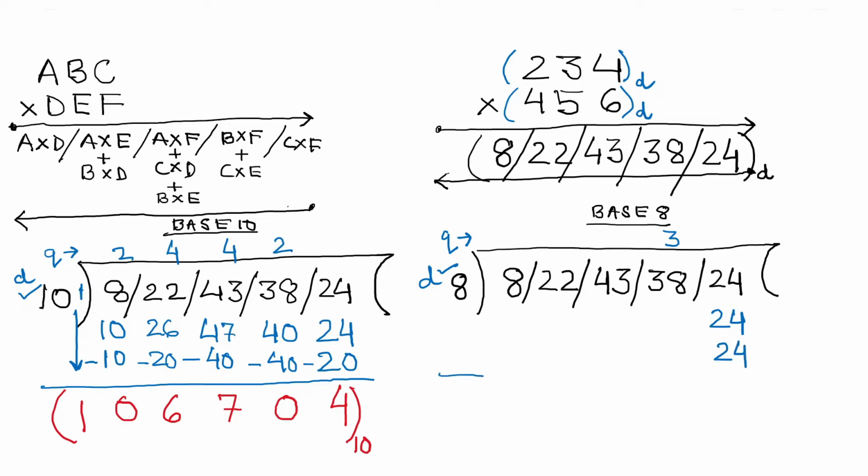And then what we did here, we will do the same here, and then we will see what is the final answer. Now the next dividend is no longer 38, it is 38 plus 3, which is 41. So 8 into 5 is 40. Next 43 plus 5 is 48. So 8 into 6 is 48.